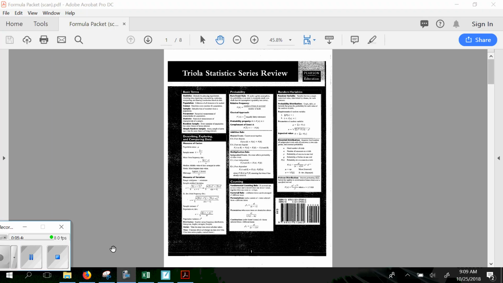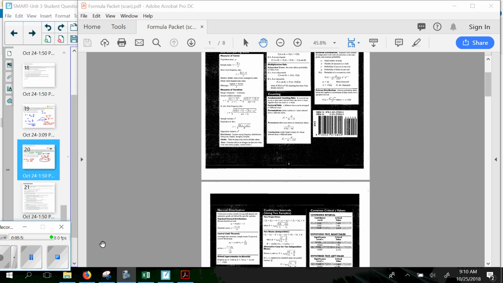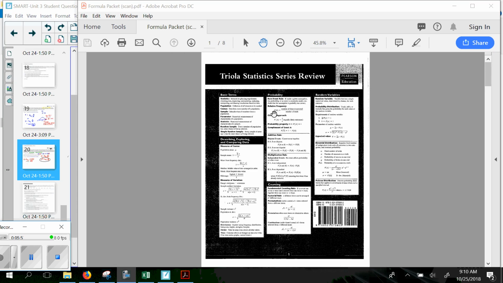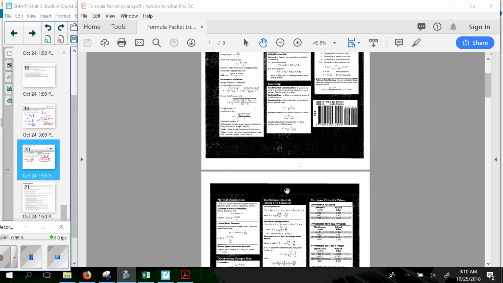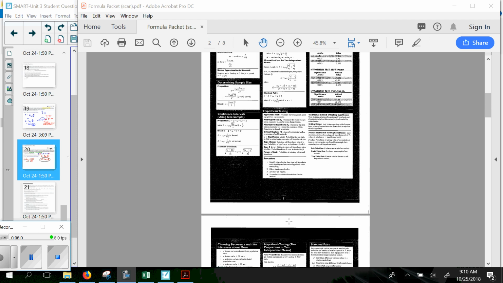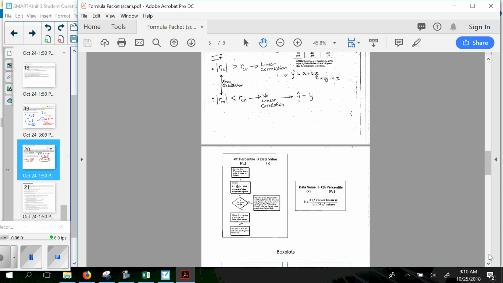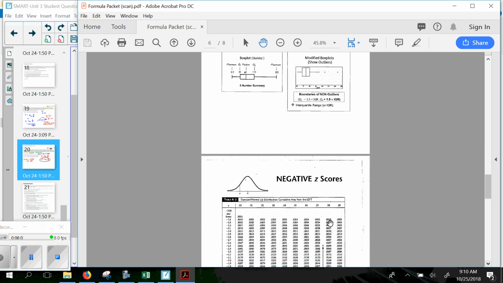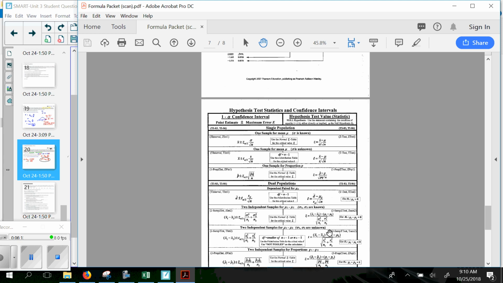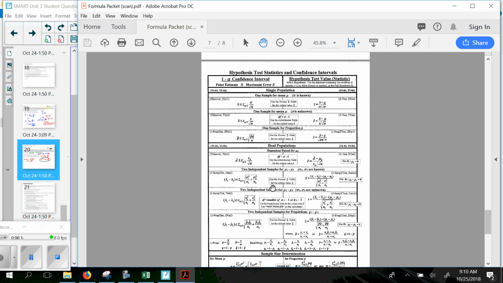Okay, so now I have the t-table open. Well, I have the packet open, which is where you will find the t-table. It's not the only place you can find it, but this packet has been provided. You should have a copy of it in your student notebook, and this packet is also provided for you to use during tests. So I'm just scrolling through the pages here,